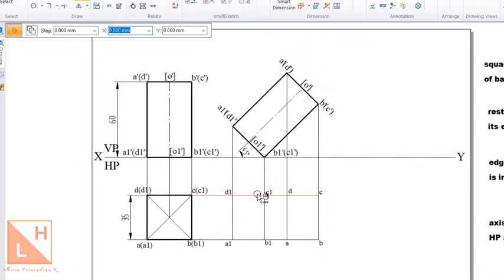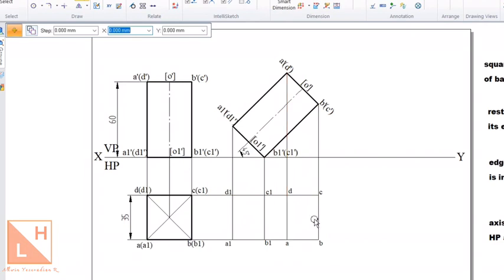Why it is important to know how the solid prism or pyramid is made up, because you must not miss even one point while you are projecting it from one position to another. So it is important that you know what that particular solid is made up of and how many points or corners exist in that particular solid. So in the square prism, 8 points. So we have done with all the 8 points.